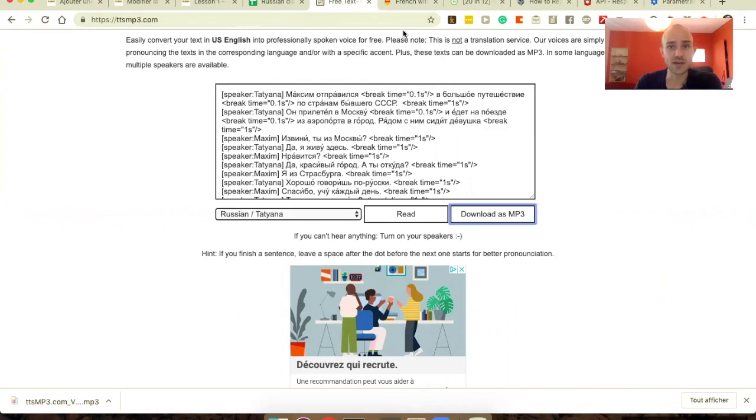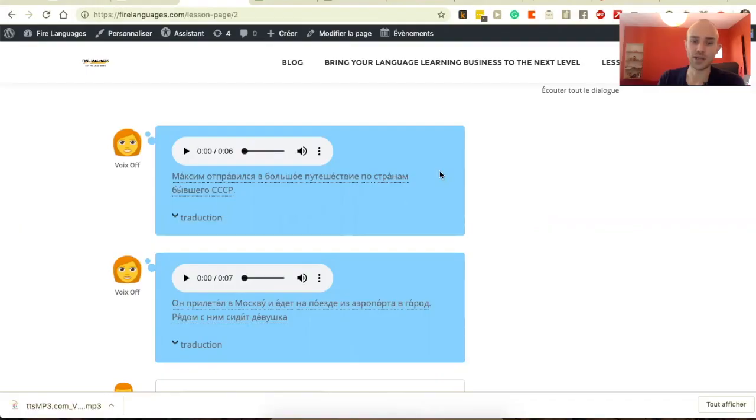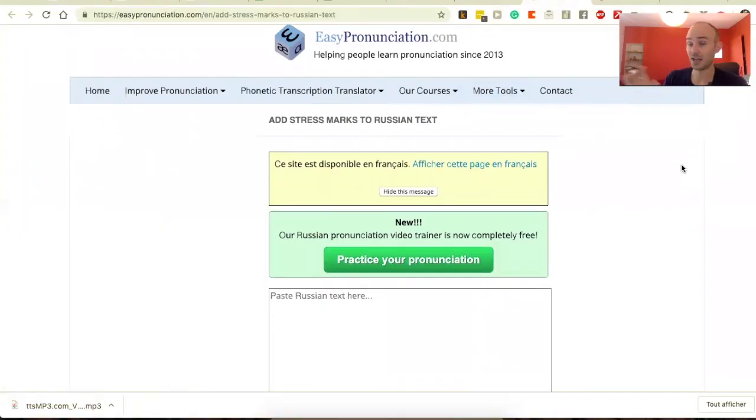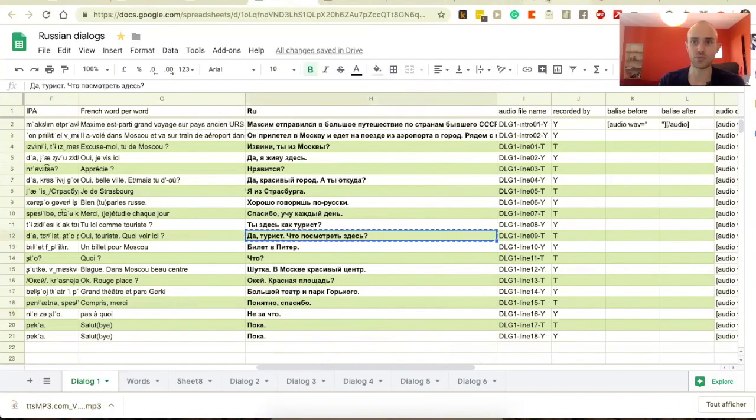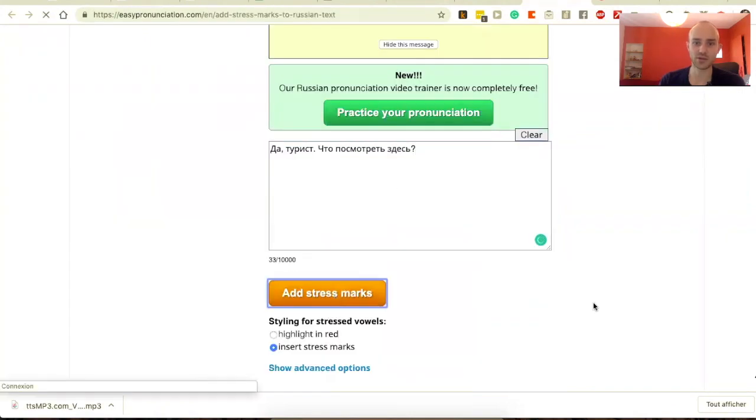There are things in the dialogues that are quite interesting. Russian is more or less phonetic, so visually once you know the alphabet it's pretty helpful, but there is one thing that is important to see when you're learning Russian, which is which vowel is stressed, because it will change the pronunciation. So I have the vowels stressed in my dialogue. How did I do that? Well, it's very simple. I use another service called easypronunciation.com. Okay, so I will just take one sentence and I will put it in this thing and I will add the stress marks